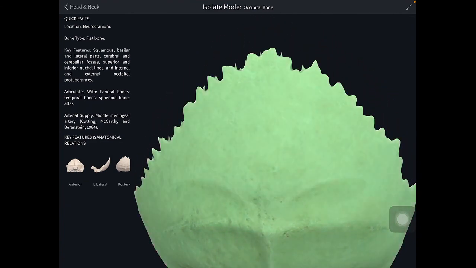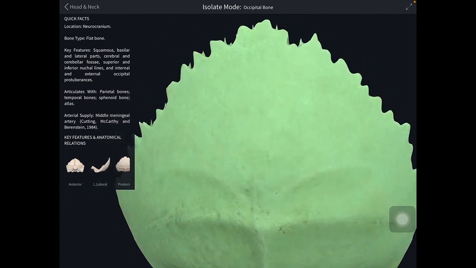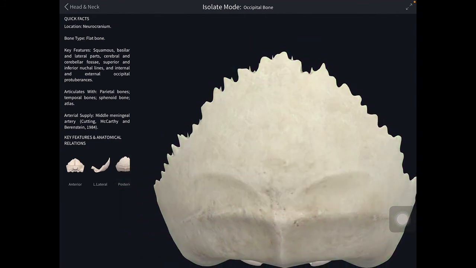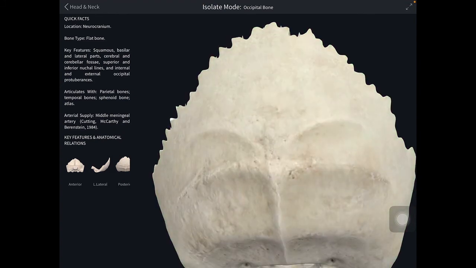A pair of highest nuchal lines, or also called another nuchal lines, arch laterally from the external occipital protuberance. The highest lines are above the superior nuchal lines. The highest lines give attachment medially to the galea aponeurotica and laterally to the occipital belly of occipitofrontalis. Area above this highest nuchal line is smooth and it is covered by occipitofrontalis on each side and galea aponeurotica in between them. So we have seen the attachments of the superior nuchal line and highest nuchal line on the external surface.